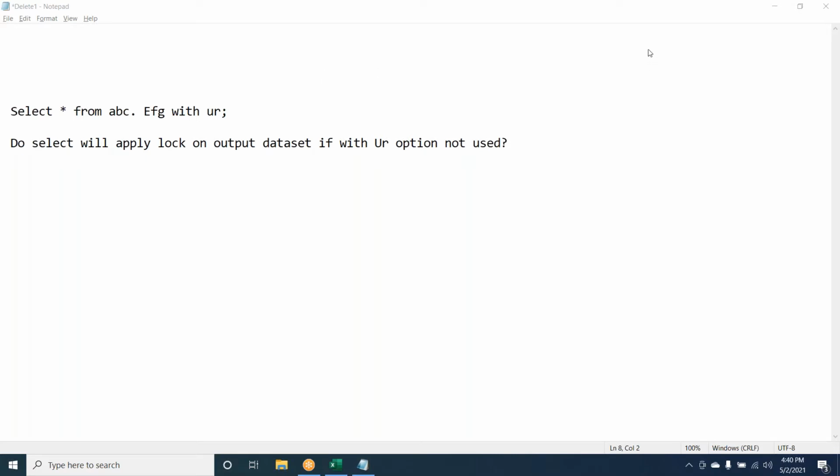Okay, so by default it is cursor stability, right? Yes. I think the lock will apply on the particular row only. Even if we don't give WITH UR, by default it is cursor stability, and cursor stability will apply a lock on that particular row only. Correct me if I'm wrong. My understanding, yes. Yes, Kunal, you're correct. Okay. So even select will lock the rows? I think by default it applies. For UR,